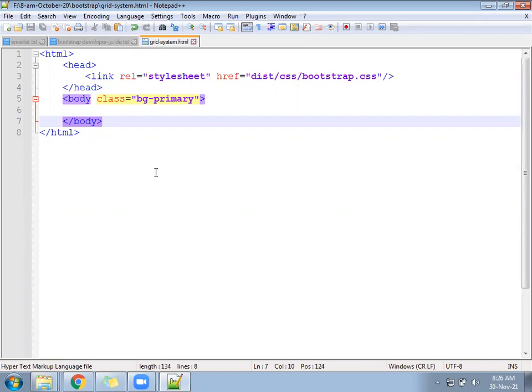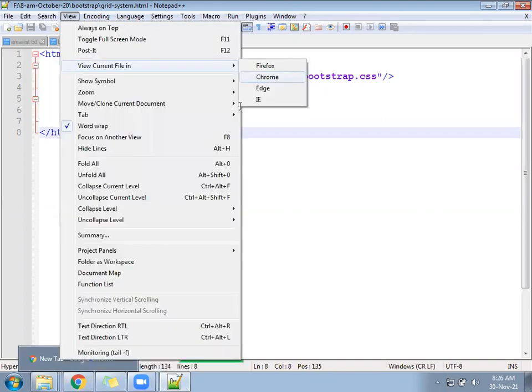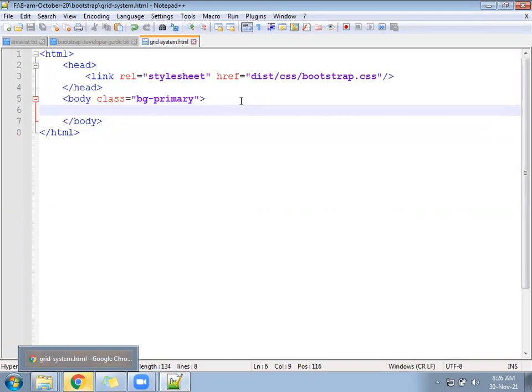So the background is blue color. Save the file, run the file. Blue color, yes, no.